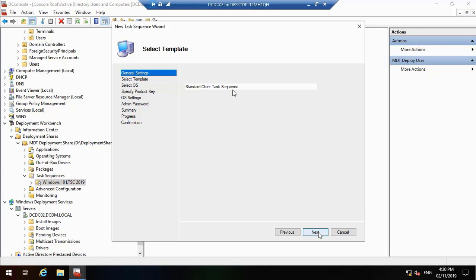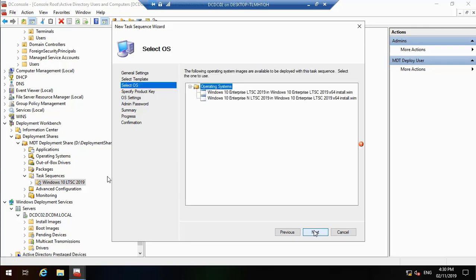Some have a default task. For example, there is something called standard client task sequence, and there is, for example, another task called capture image. Okay, there are a lot of tasks, but we will discuss this later. Anyway, we will use the default one, which is called standard client task sequence. Okay,